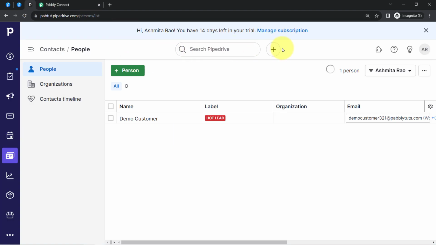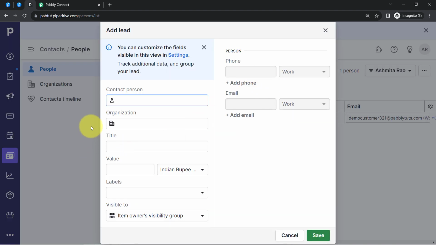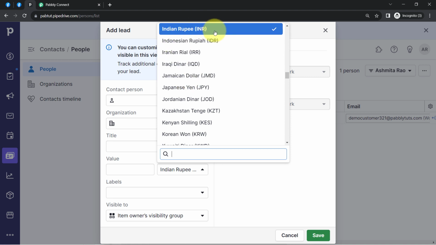So when you create a new lead in your Pipedrive CRM, it is going to ask you for values like the contact person, the organization ID, the title, and of course the lead value and the currency value, okay? So again, it is completely according to your preference. If you are about to collect the money from that particular lead in INR currency, you can add that specific